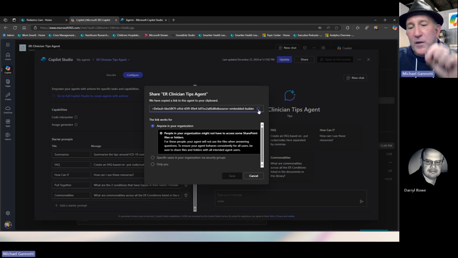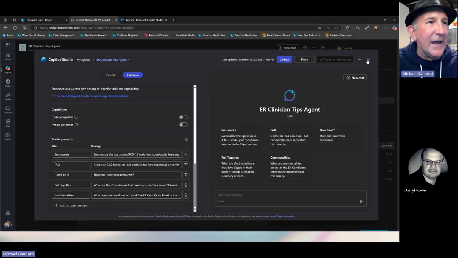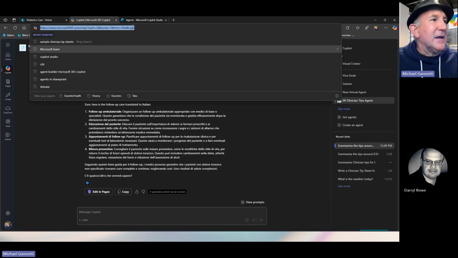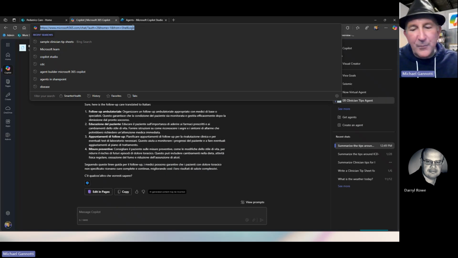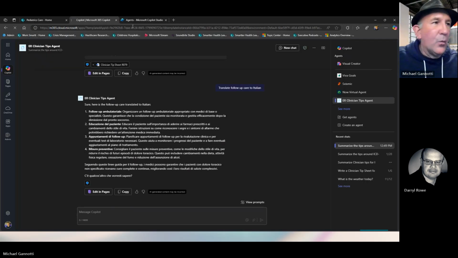That link, when you copy it, you could drop it onto a SharePoint page. You can drop it into a Teams meeting. You can put it wherever you put it. I'm just going to go ahead and select that. I'll show you what it does. We're going to get out of this view. And if I come here and I want to perhaps share it with others, maybe I put it into a conversation or wherever. When they click that link,